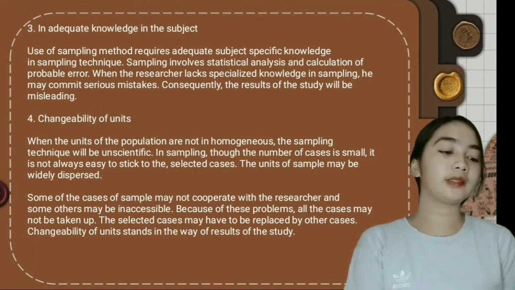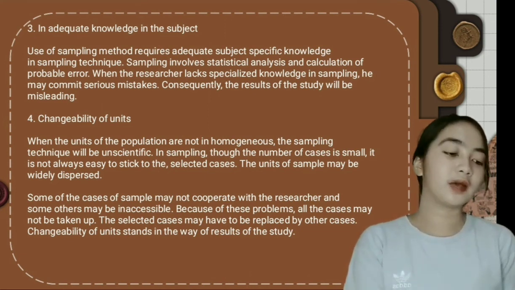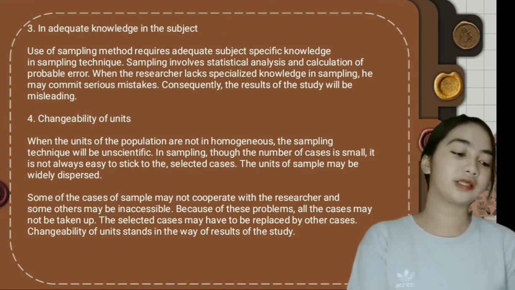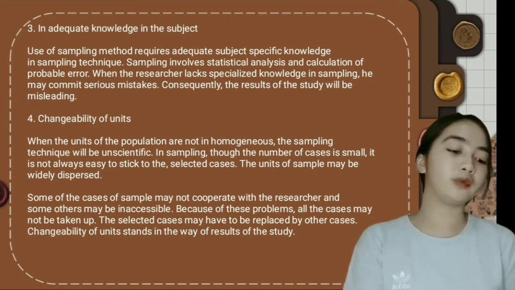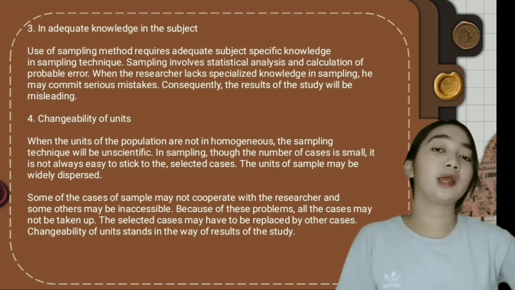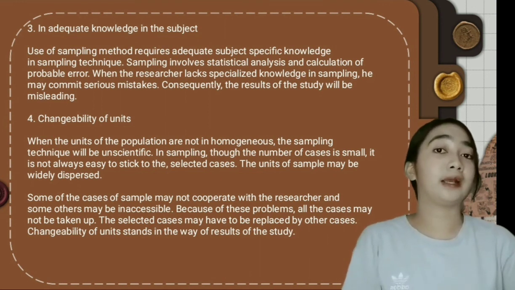3. Inadequate knowledge in the subject. Use of sampling method requires adequate subject-specific knowledge in sampling technique. Sampling involves statistical analysis and calculation of probable error. When the researcher lacks specialized knowledge in sampling, he may commit serious mistakes. Consequently, the result of the study will be misleading. Yun nga, ang researcher o ang taong dapat na mag-conduct ng sampling is knowledgeable enough kasi kung kulang siya sa kaalaman, pwedeng mag-lead sa mga maling result dahil it is more on statistics and calculation sa mga